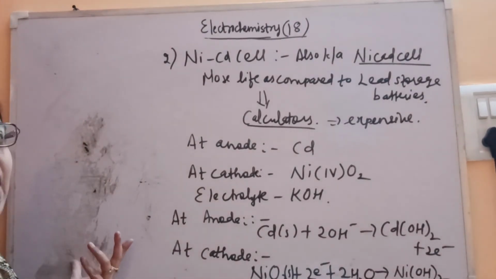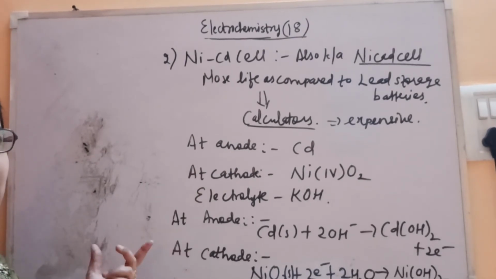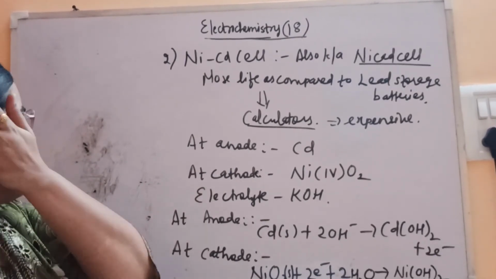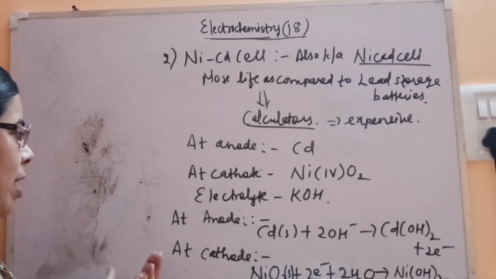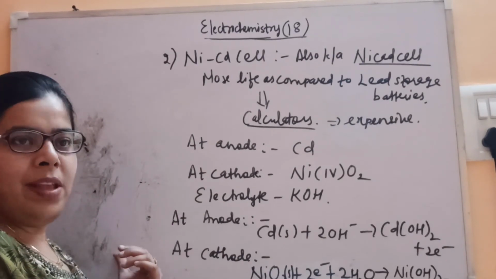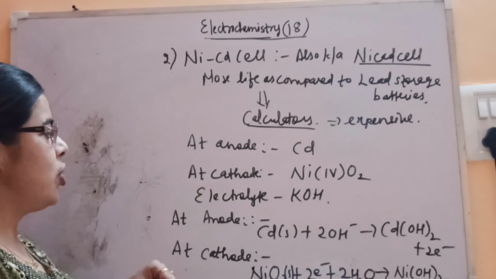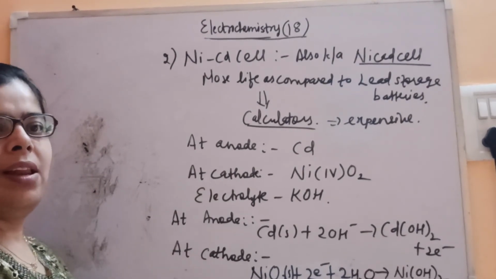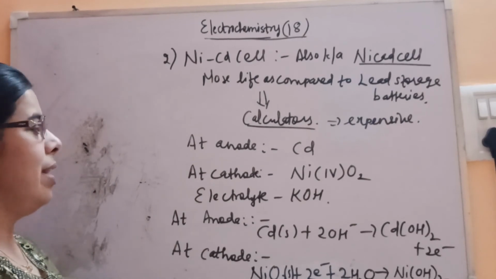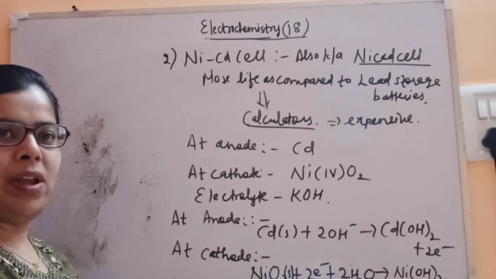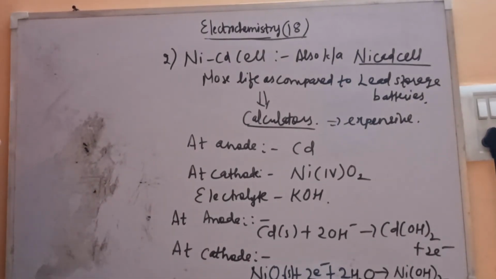Again, as we have seen in the lead storage batteries, the lead sticks to the electrodes and is adhered to them. That's why it's in a position to receive or gain electrons. So here also the process will remain the same. Once it is dead, again the reactions will become reversible and the cell will become an electrolytic cell, and it can function as an electrochemical cell again. So in this way it will keep on working and never become dead. So this is the nickel cadmium cell.